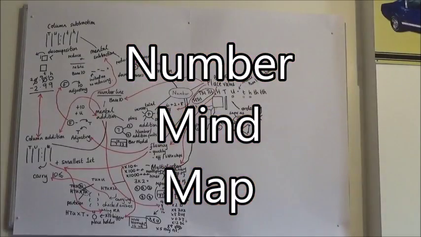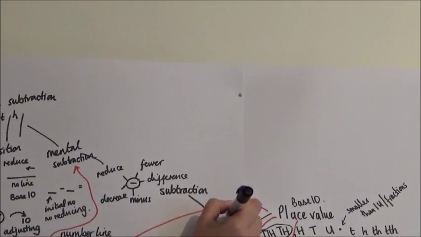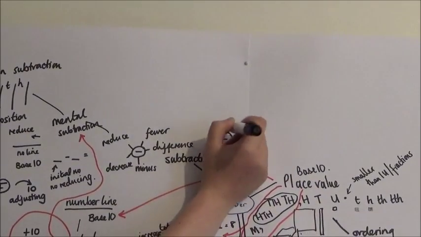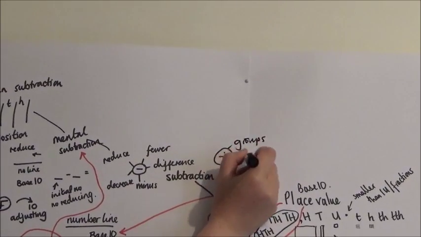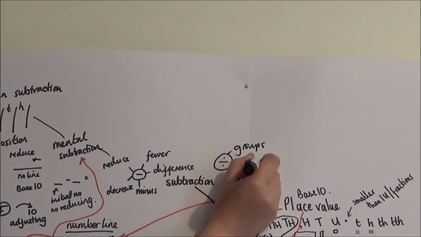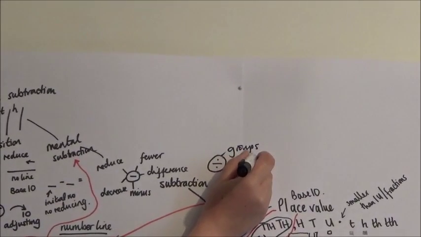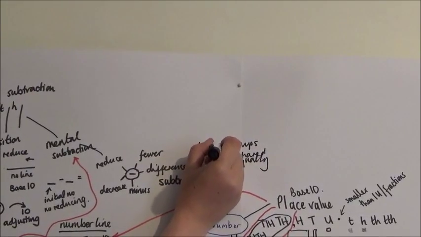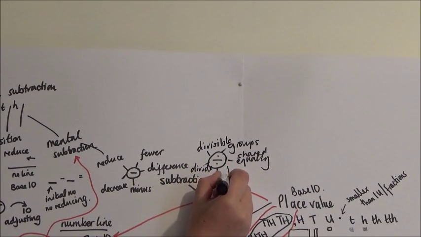Let's add our new learning to our number mind map. We're going to put a new branch from here up to here because we're looking at division. And we said we've got groups, shared equally. We had divisible, divide, divide by,